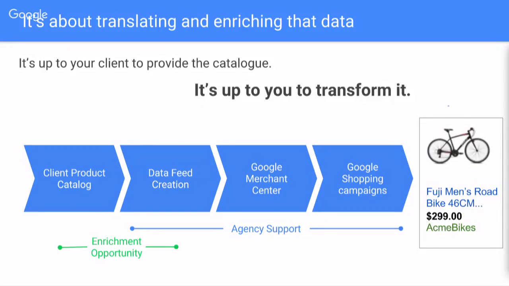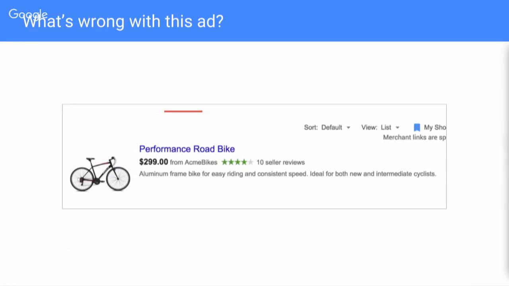We need to dig into the raw data. I just want to illustrate quickly why this is so critical. Look at this ad. I'll give you a second to try to pick out one, two, maybe three things that are terribly wrong with it. You might be thinking, I don't really see anything wrong. The image is totally fine, there are no misspellings, it looks pretty good. There's nothing majorly wrong with this ad.